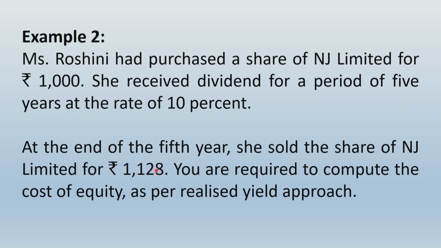So all these are future cash flows. 100, 100, 100, 100, 100, 5 cash flows towards dividend, and 1128, one last cash flow towards the sale of the share. All these future cash flows should be discounted to their present value. The present value should match with 1000. That means we have to find the IRR of this investment. And IRR, you know how to calculate. When you can calculate IRR easily, you will get IRR as your KE over here. So I will give you the entire answer in a systematic format approximately.